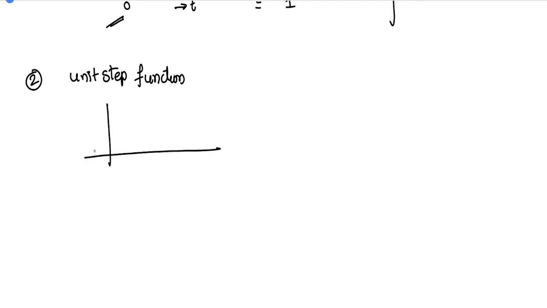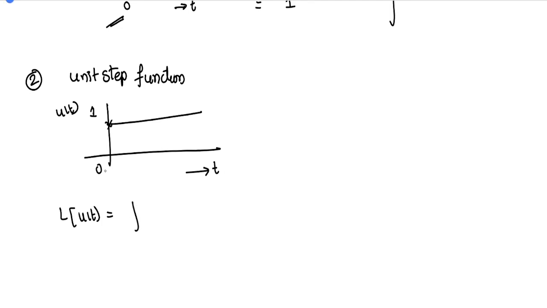And the second signal is the unit step function. First of all, identify the signal. This is a unit step function, defined from 0 to t, and the magnitude is 1. This is called u of t. So the Laplace transform of u of t is equal to